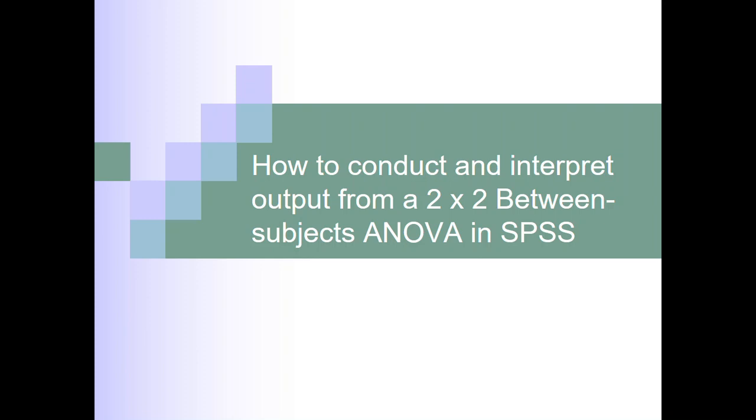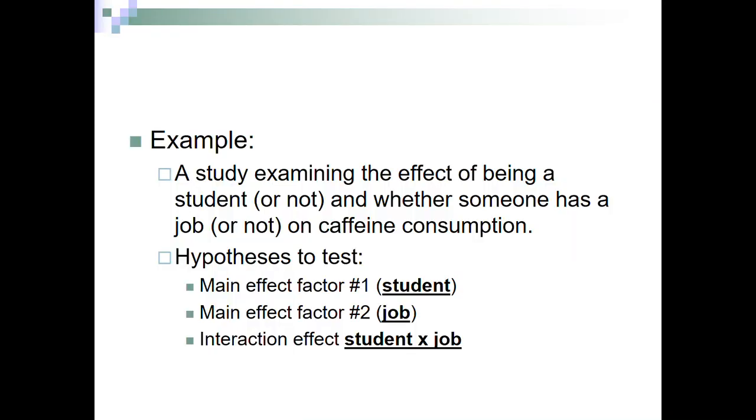So in order to start out talking about how to conduct and interpret the output from a 2x2 between subjects ANOVA, let's start with an example. In this example, we are going to have a study that is examining the effect of being a student or not being a student, and whether somebody has a job or not on levels of caffeine consumption. And we know that this is a 2x2 between subjects example,